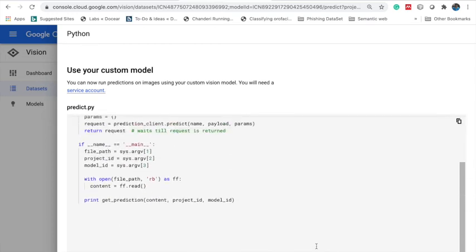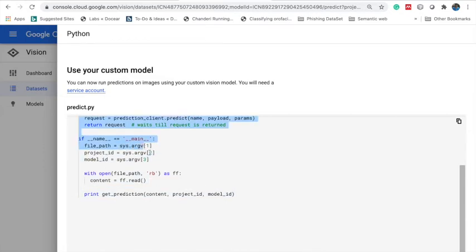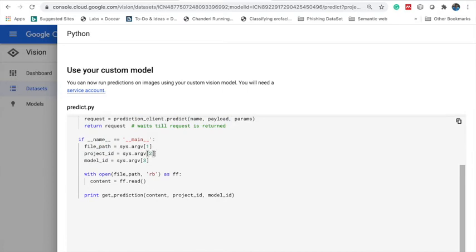You can copy the entire file and specify the required options, for example your project ID, your model ID, and the file path, such as the location of a file from my local system, say 2.jpeg.